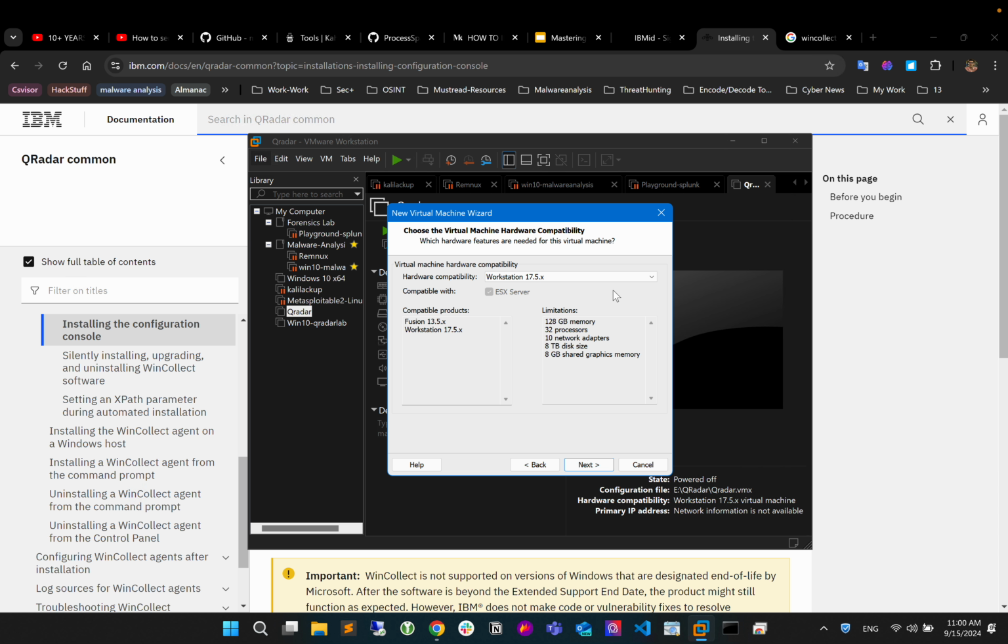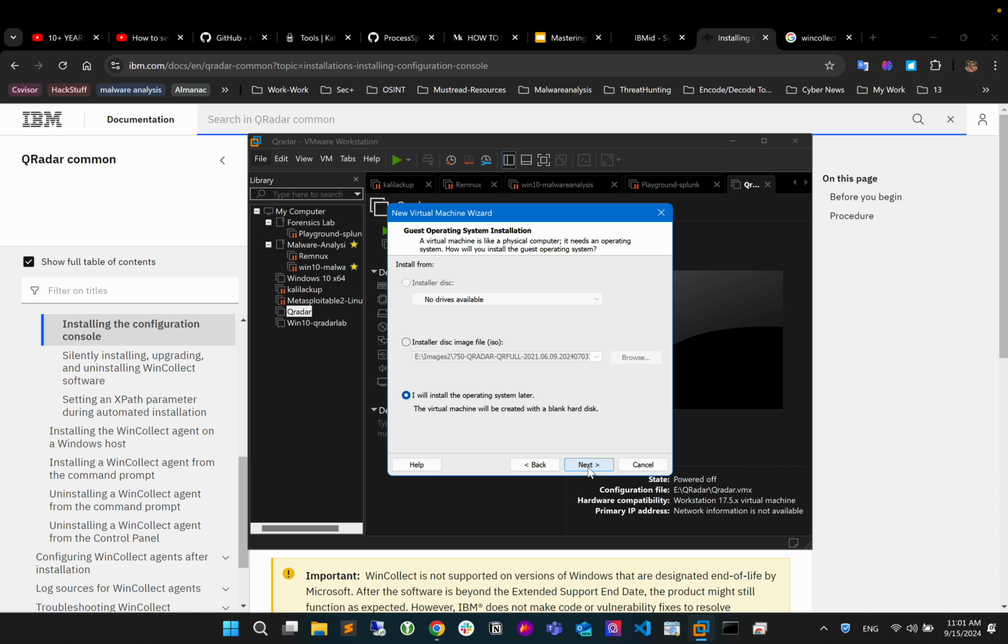Next, and then you don't need to change anything here. Whatever you are using will be okay, compatible. And then what we are going to do is, I'll install the operating system later. You need to use this, okay, and then next,